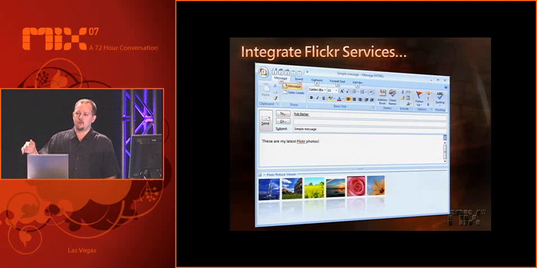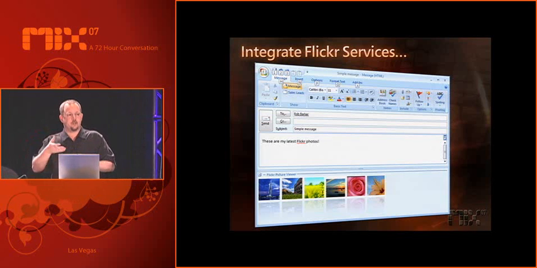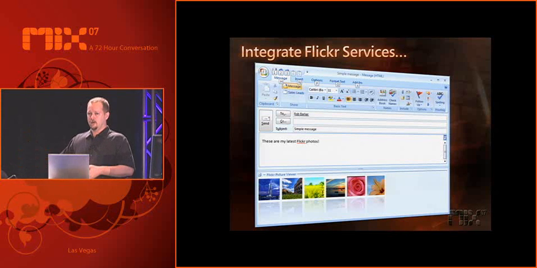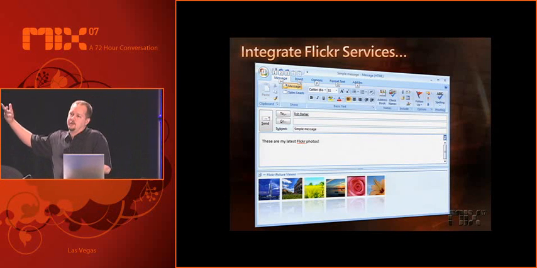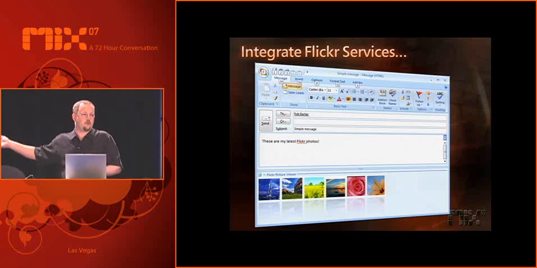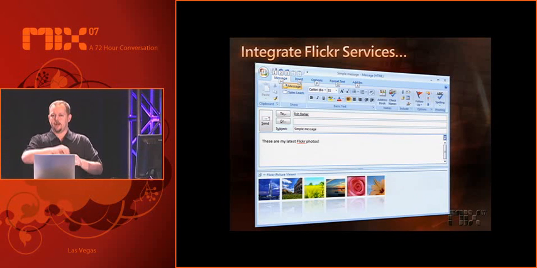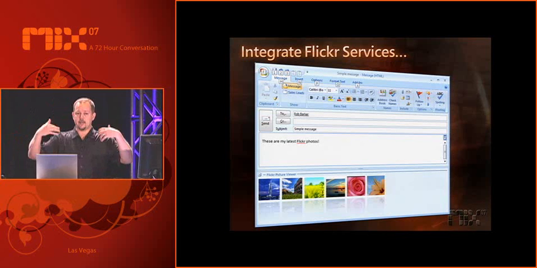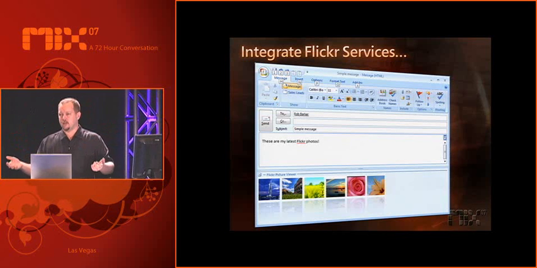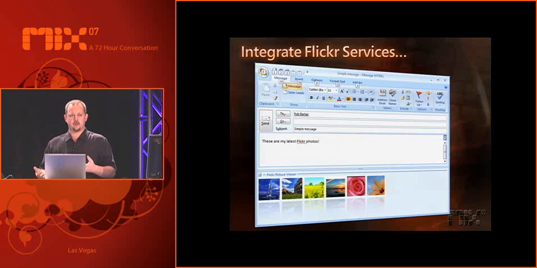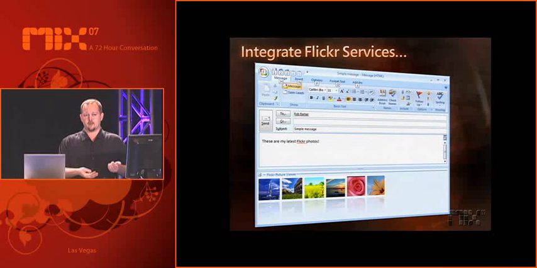This was the attempt to let people begin to see the difference with Office. Right? It's not about just line of business data. I've now become part of the Flickr community. I can share photos with my friends and my family, and I can assign contacts. I can associate them with Flickr accounts. So when I get email from them, I can actually see their latest photos that they posted. It's just another experience that you can begin to embed inside the applications.